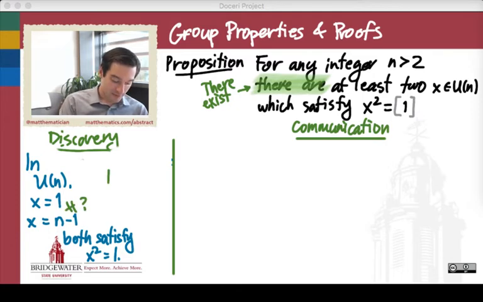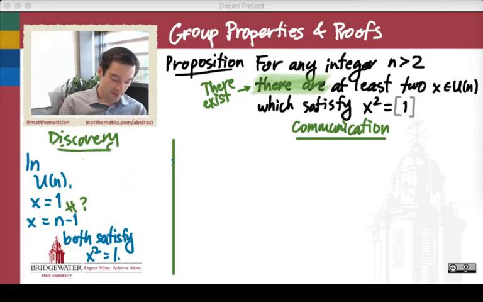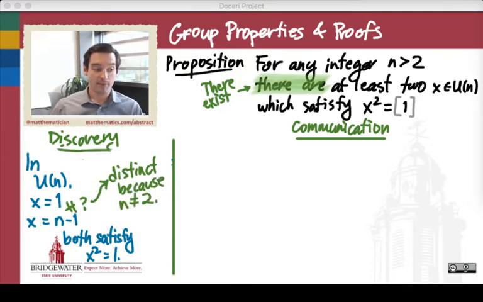Well, when are they equal? When would we have to worry that these might be the same element? Well, these would only be equal if n were equal to 2. And explicitly in the hypothesis of our proposition, the integer n is greater than 2. So we don't have to worry. I'm going to keep that note over here on my bar napkin. These are different, they're distinct, because n is not equal to 2. And n is not equal to 2 because it was part of the hypothesis in the thing that